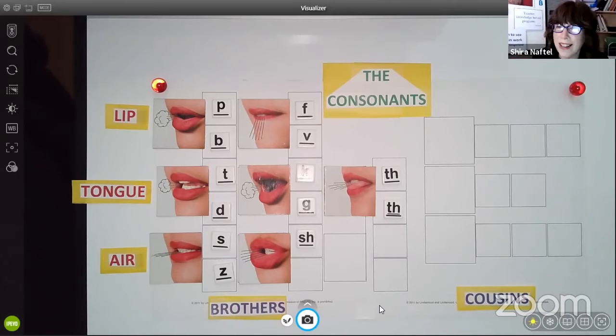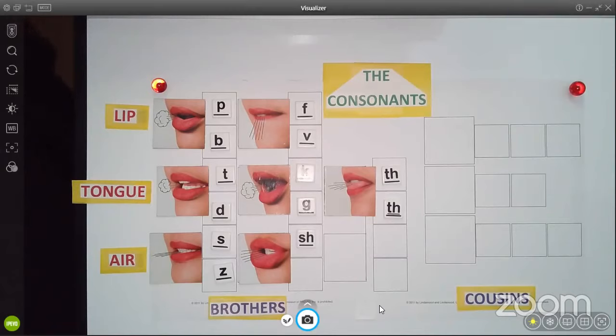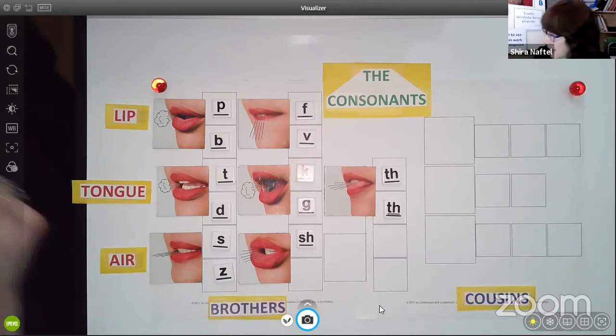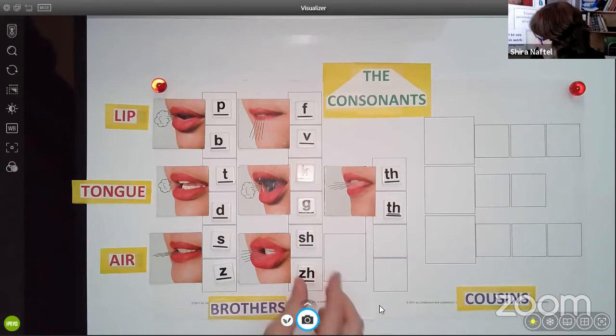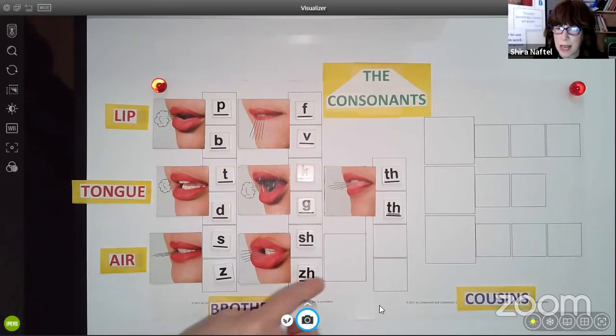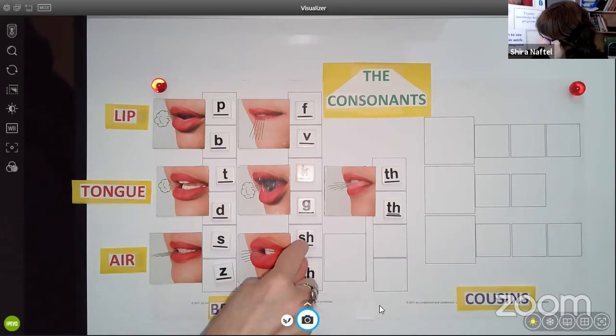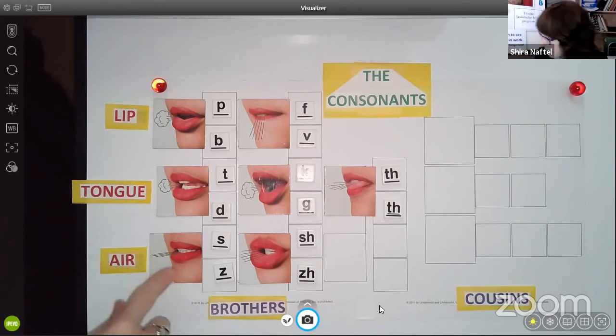Leisure. Good. How about measure? Treasure. That's that beautiful French sound. But this is how it looks. We don't spell it that way, but this is how we spell it for our phoneme. That is our symbol. So we know that is the noisy one. Just out of curiosity, would this be a plosive or a continuant sound?